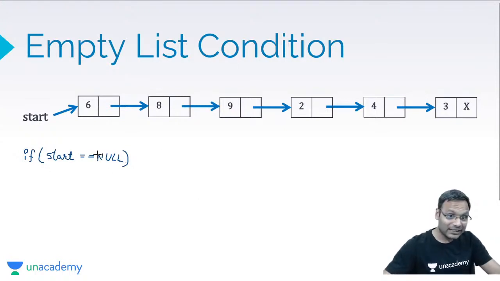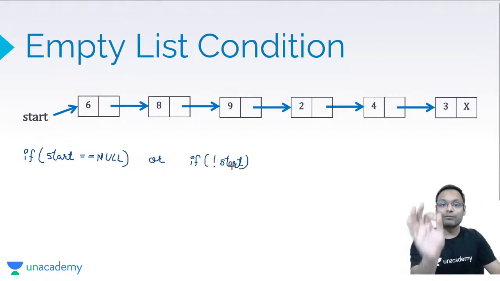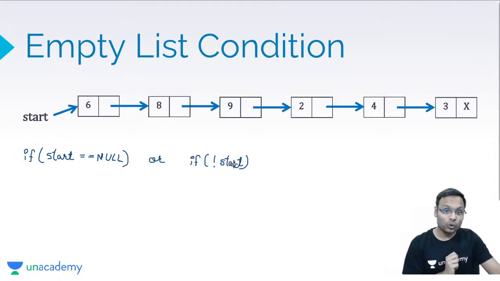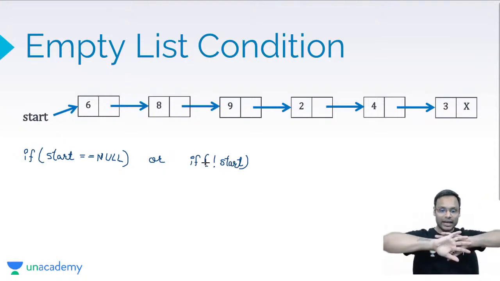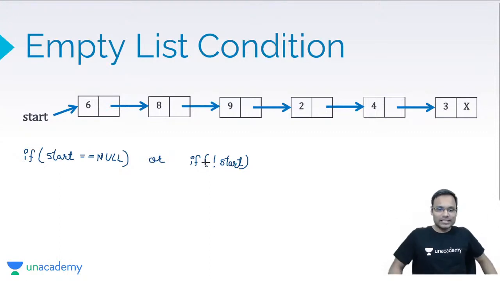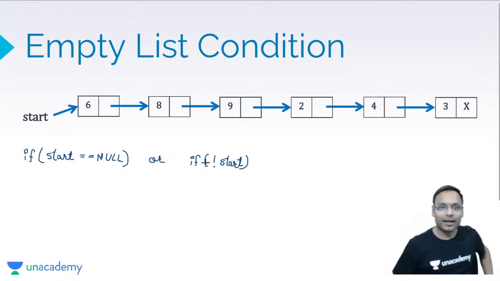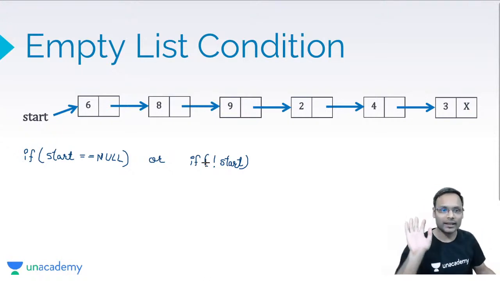This particular condition you can write in this way also: if not of start is true. Start is null, null means false, not of false is true. So if this condition is true, when can this condition be true? When the start is null, means empty list, means the list is empty. खाली है भैया, कुछ है ही नहीं।